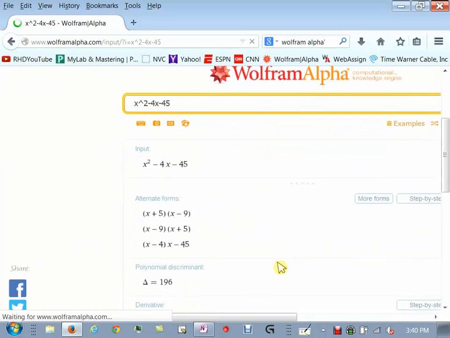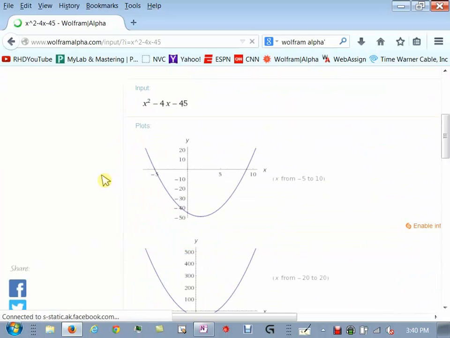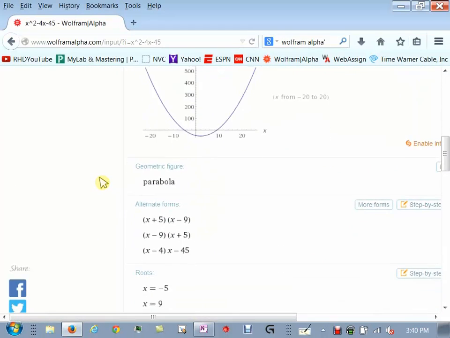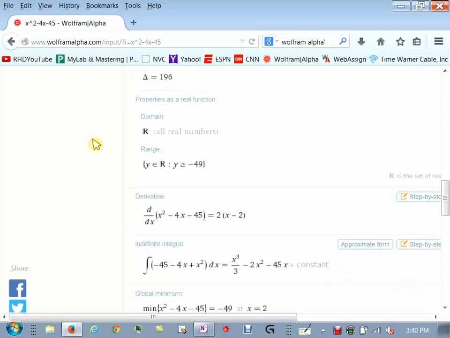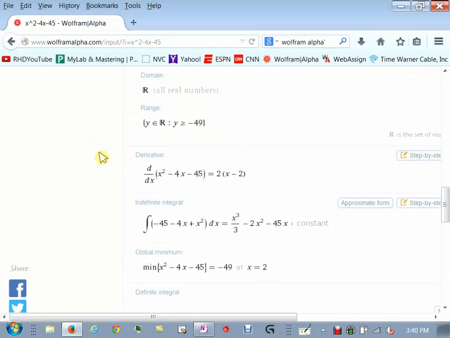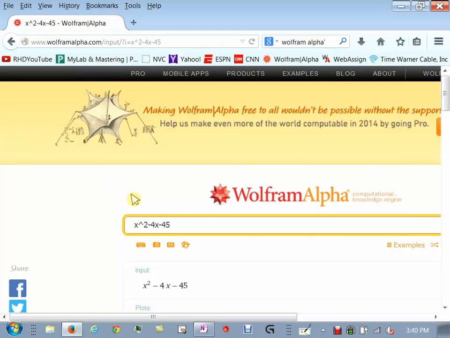it's going to do a lot of things. But one of the things it's going to do is it's going to factor it for me. See? And it does a bunch of other stuff, just crazy math stuff on it, right? So my question is, if it took me about 30 seconds to go to a website and do exactly what you just did by hand, why is it that you're required to do this?